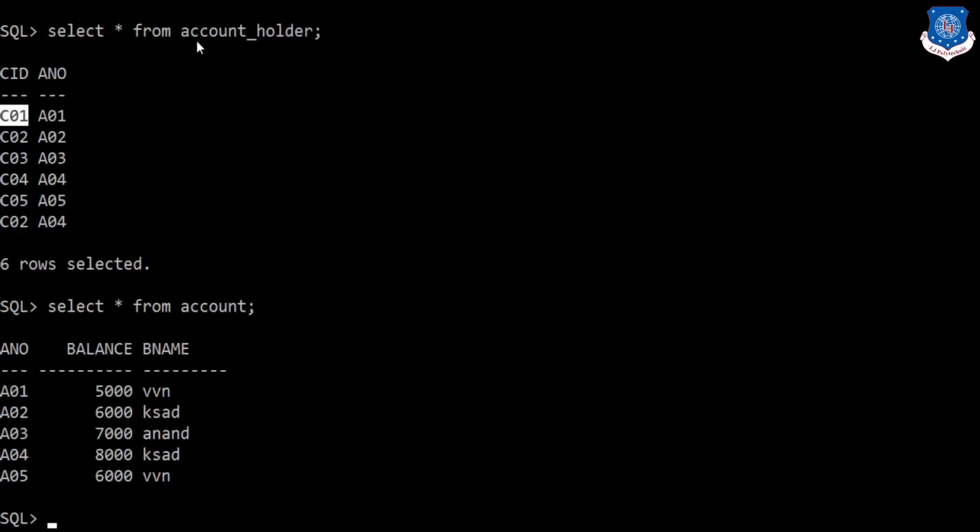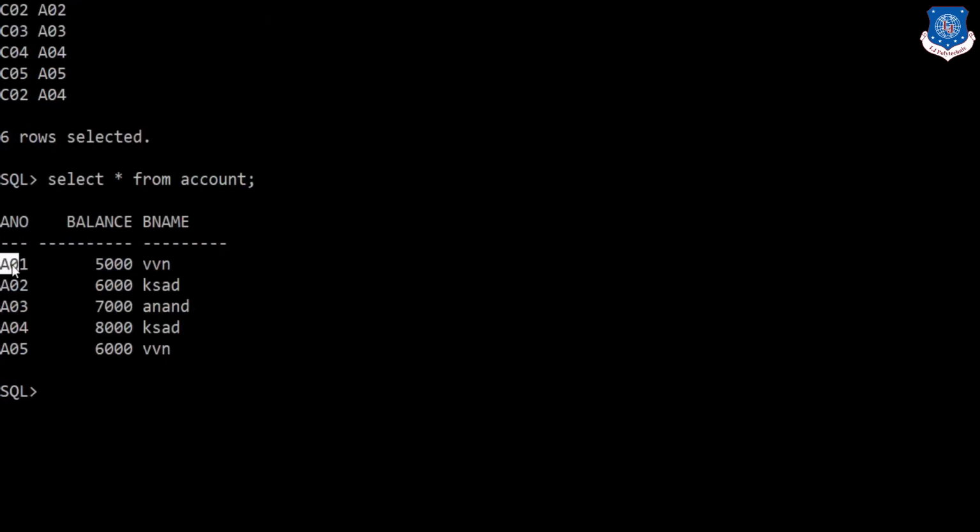But in this table, I don't have any column named balance, and balance is available in the account table where customer ID is not available. So what I have to do is, first I have to find out account number of customer ID C01, which is A01. After that, I have to pass this value into the account table, and using A01 account number, I will get balance, which is 5000.